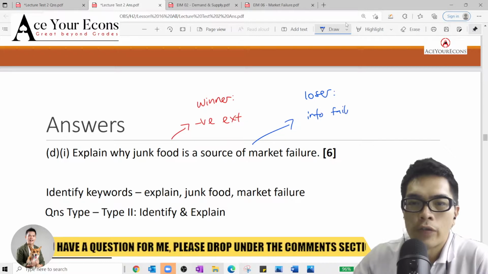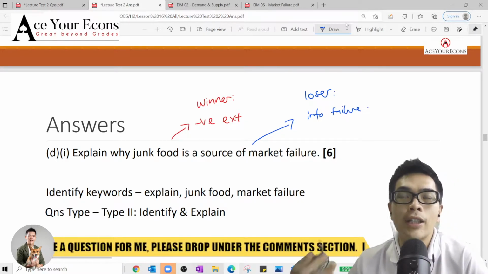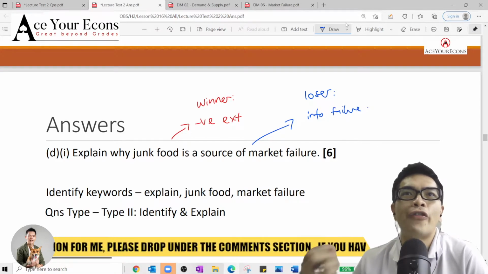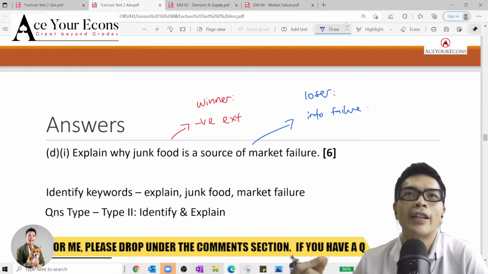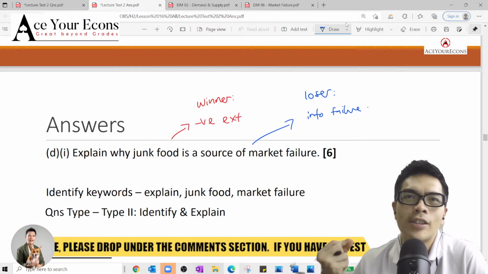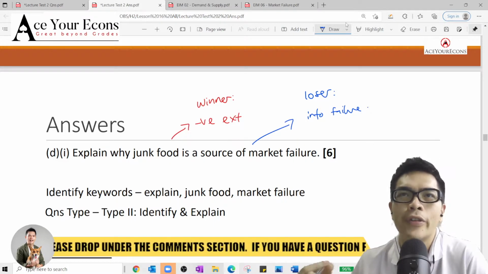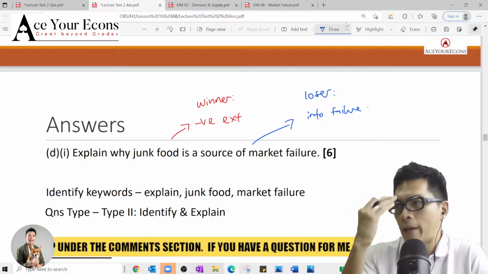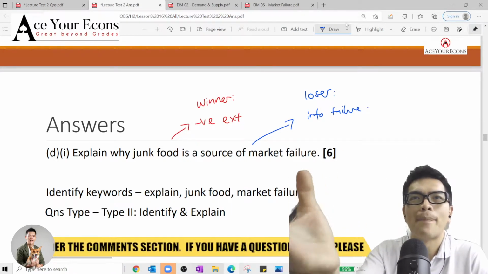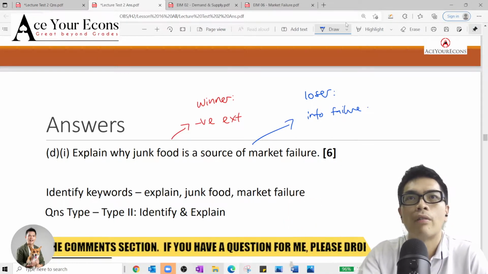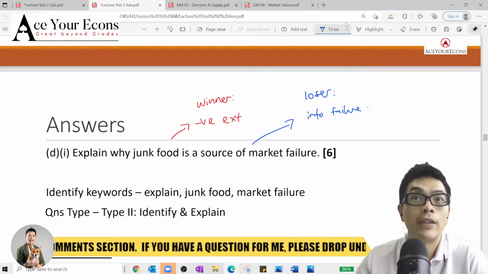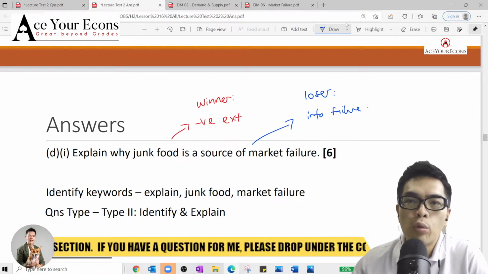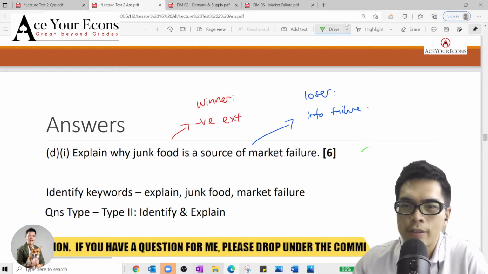You'll still score the full 6 credit, but you'll realize that you'll be stuck in D part 2, where you have to use fat tax to address info failure. Fat tax does not solve the root problem of info failure. Only education does. So plan far ahead, see that if there's a pothole in front, avoid it. The pothole that you should avoid is info failure. Picking negative externality is the best. The worst case scenario is this: